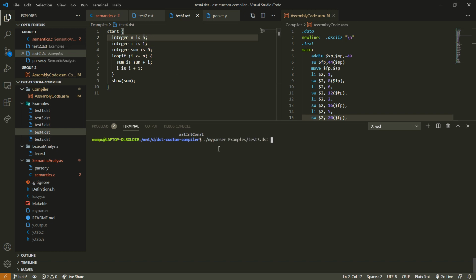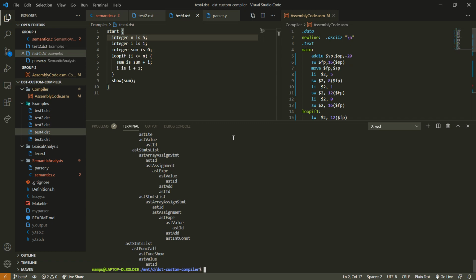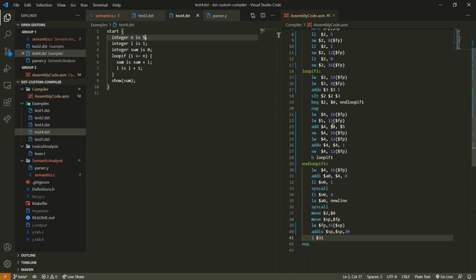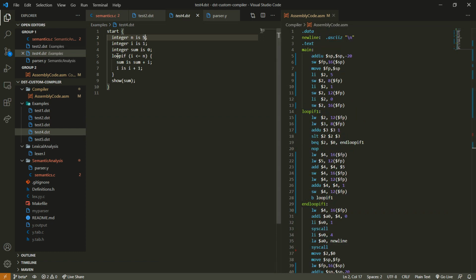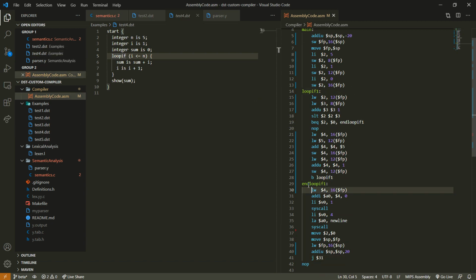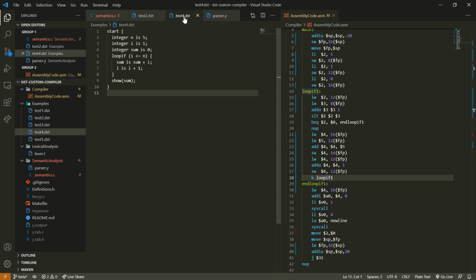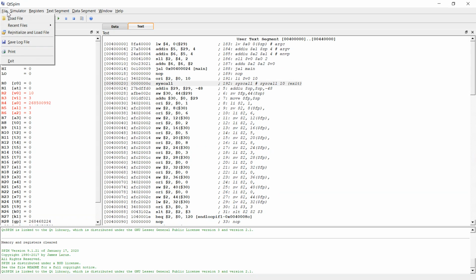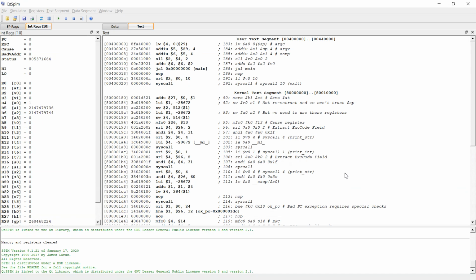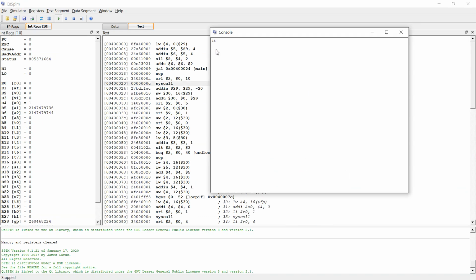Let us check it. So here I will be putting test4.tst. As you can see here, again we have our assembly code.asm generated, and also to show that this is a new generation, here you can observe that we have a loop if statement. So exactly we have a loop if 1, and an end loop if 1, and for that we have branching also. So it is like a looping condition where we are branching as well. So let us check its output. Again I will have to reinitialize and load file. Okay, and as you can see we have 15 here, so this is also correct.